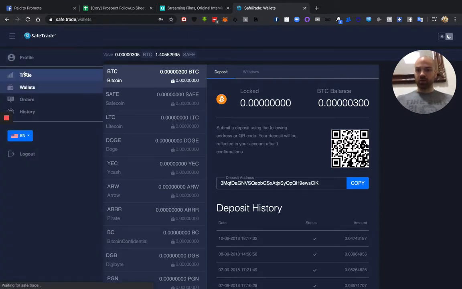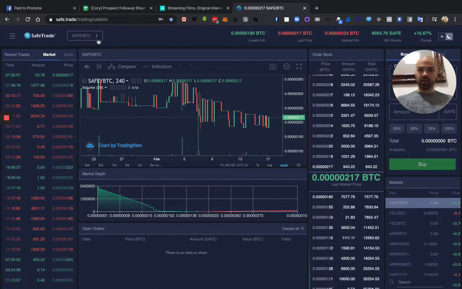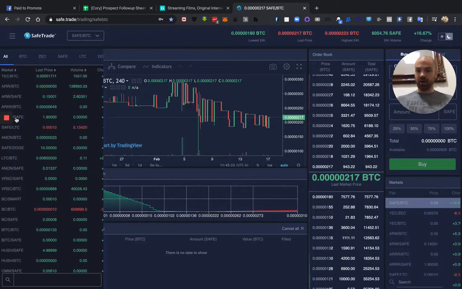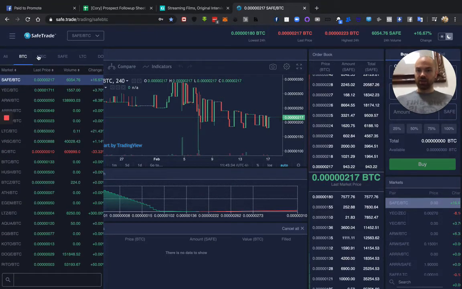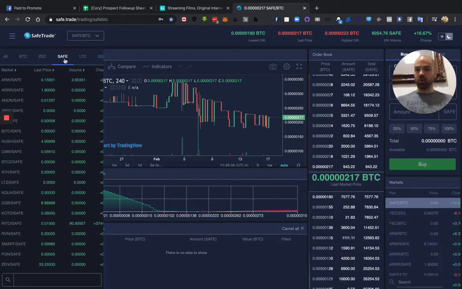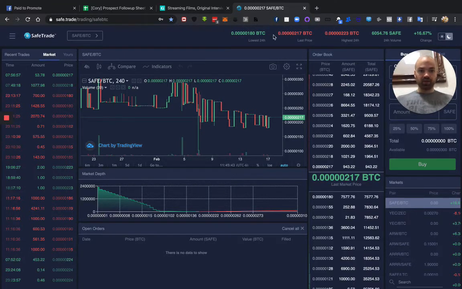But for the most part, I just want to do a quick walkthrough, so I'm going to keep this fairly straightforward. So you can get your pairs here, right? Whether it's BTC, Safe, or whatever you want, right? So you've got quite a selection to choose from. You can see the highs, the lows, the highest in the 24 hours, as well as the percentage change, and